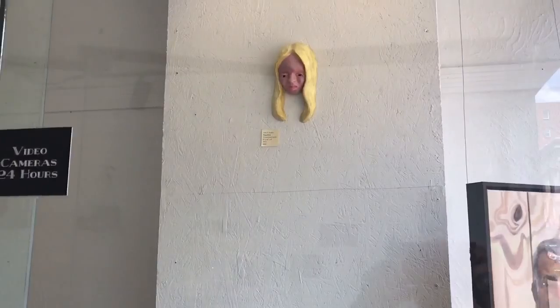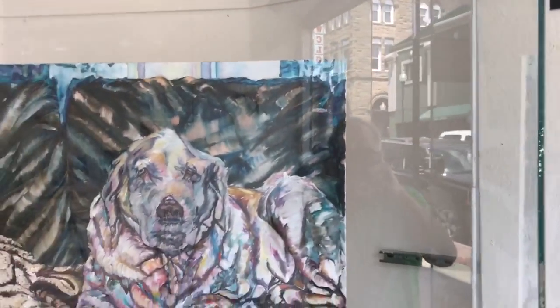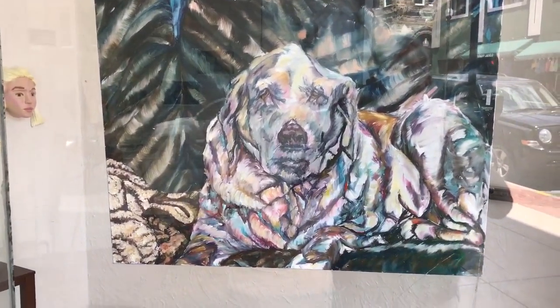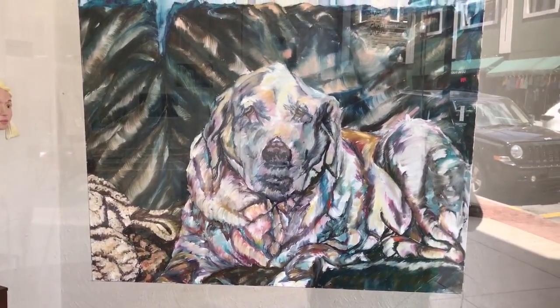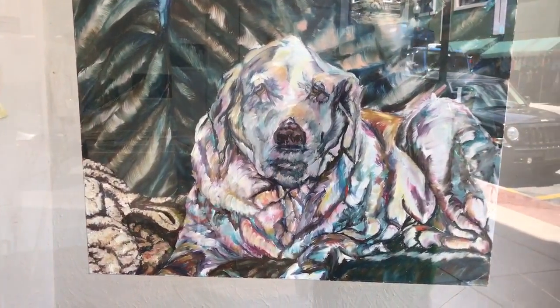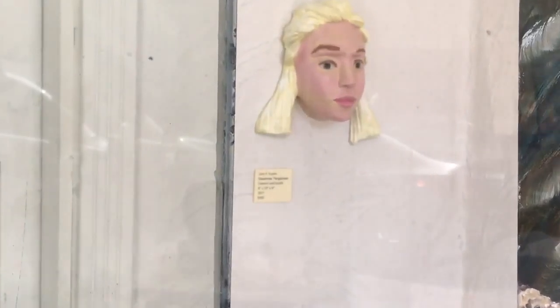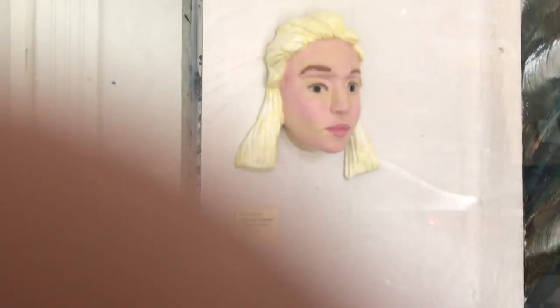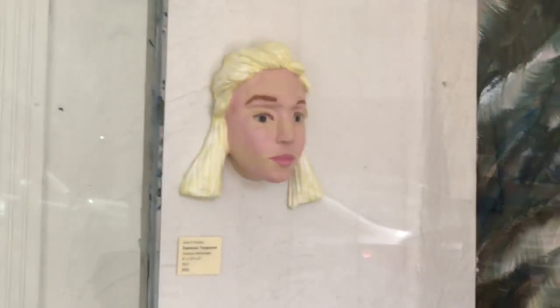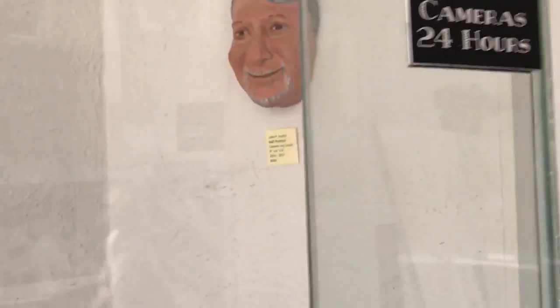a sculpture by me of a hopeless young lady, a painting by Kelly Kiefer, another one of our oil painting residents, and this is her dog there in the background. Somebody might recognize as Daenerys Targaryen. A self-portrait of myself,